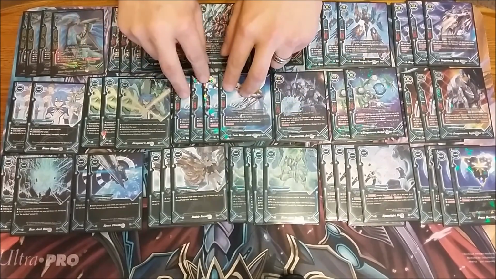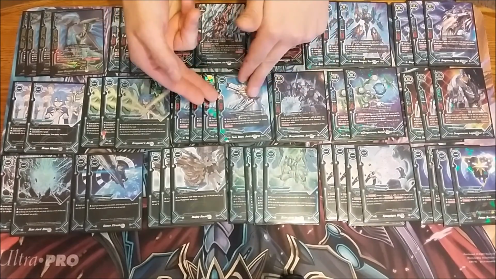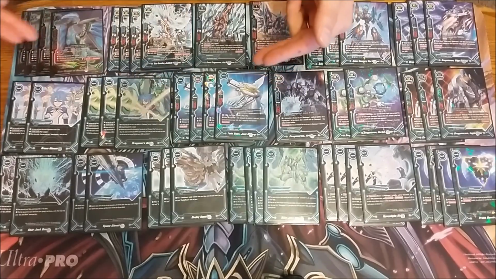Next, I run 4 copies of the item, Twin Star Jack and Fang. This is really just the key card of the deck. This deck just enables so many plays. Its ability is,